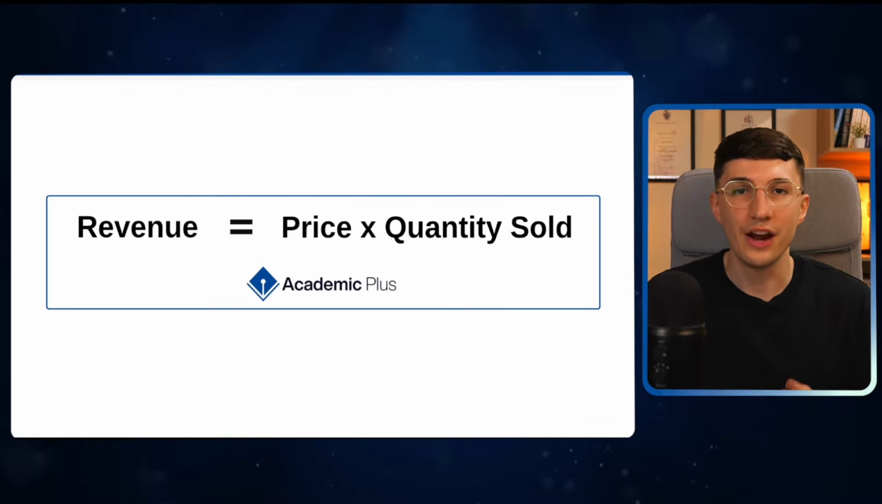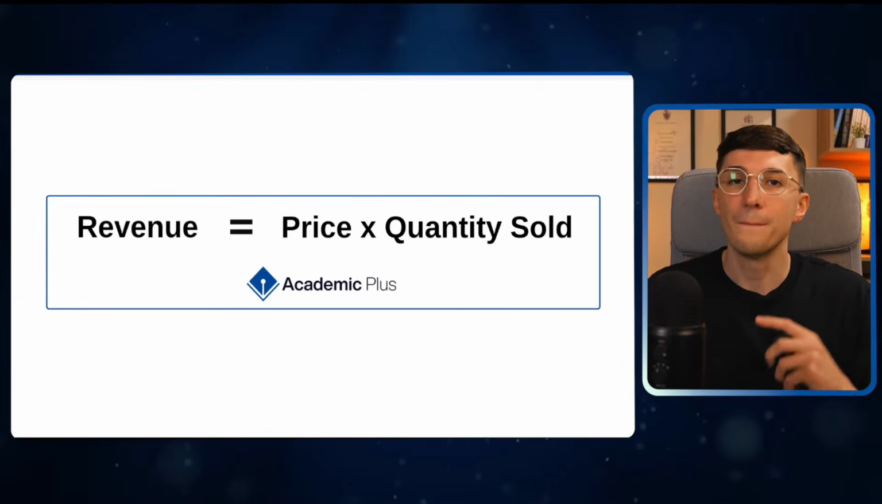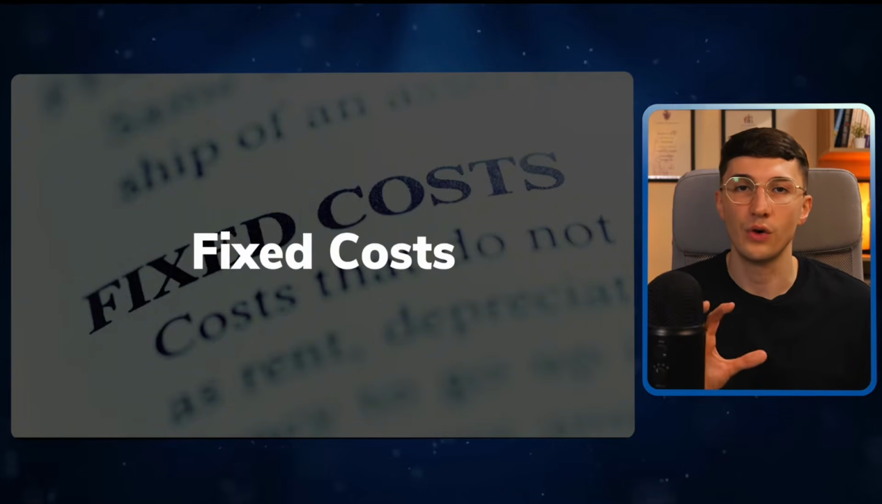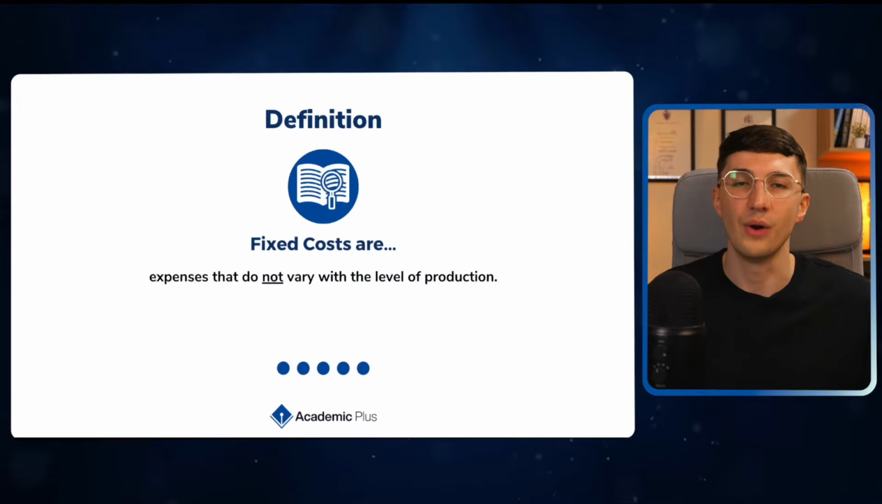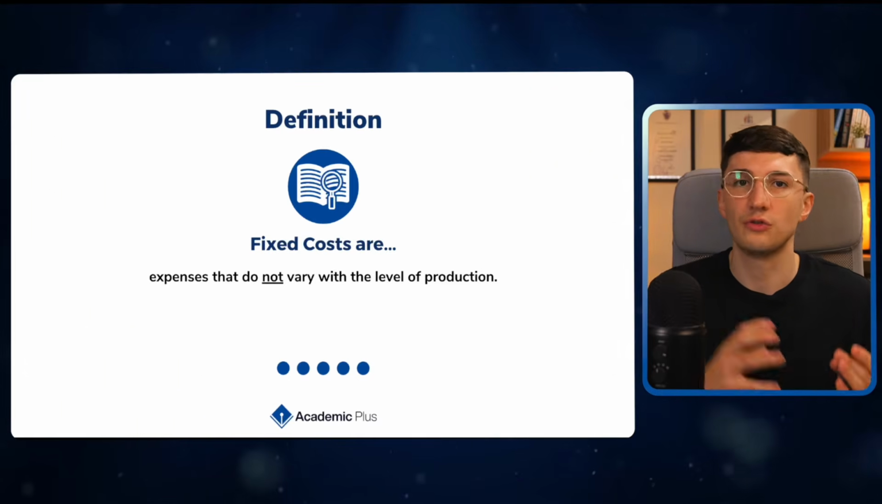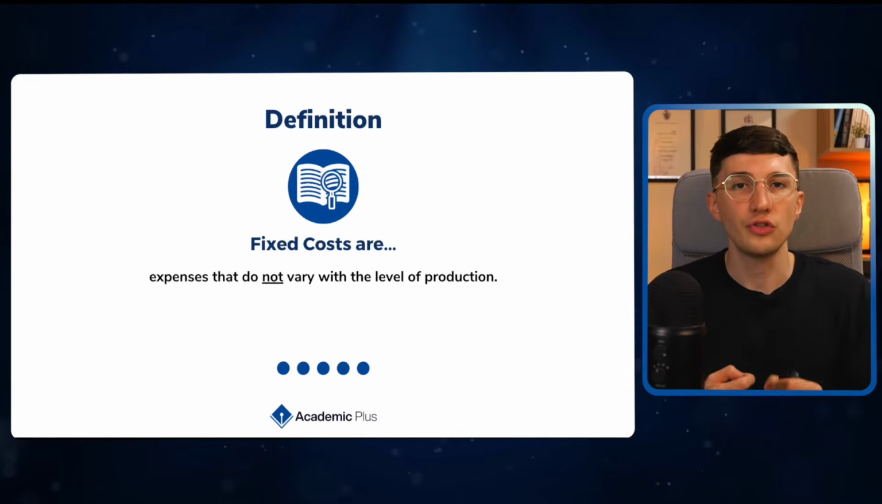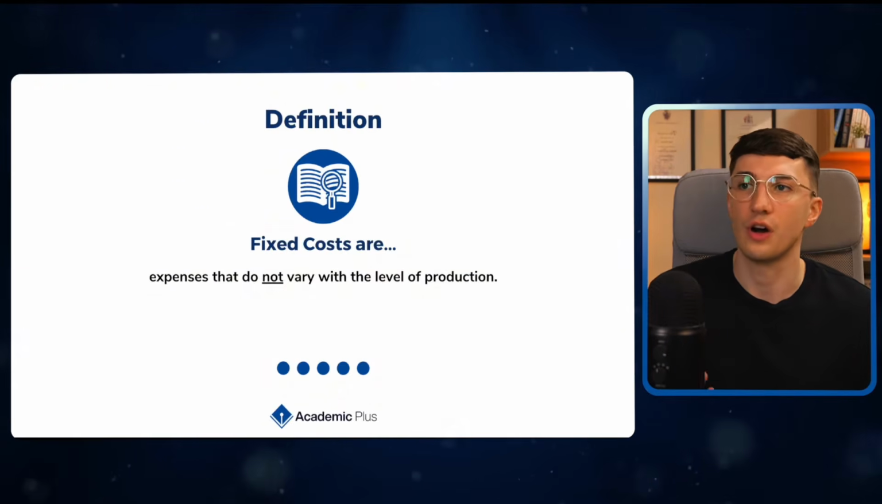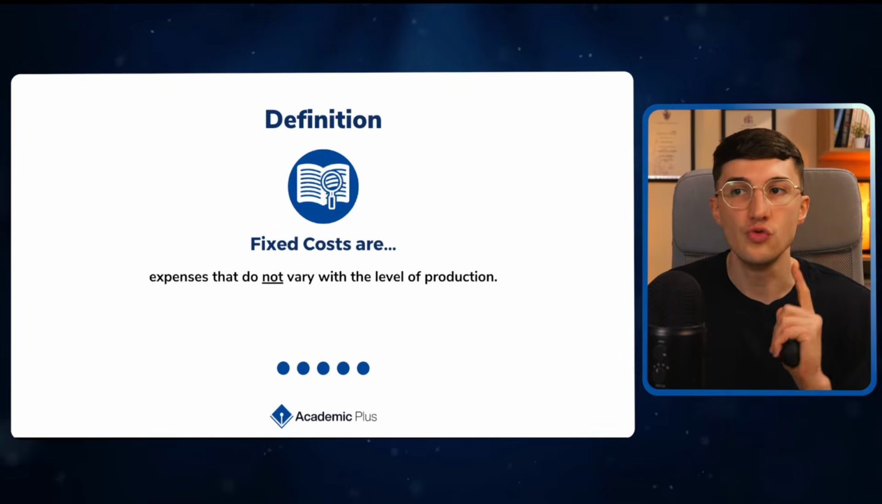Now, of course, it would be great if we just had to look at our revenue, but there are also costs that a business will need to factor in. And the first type of cost that we'll look at will be our fixed costs. Now, students typically get this wrong. They just say fixed costs are costs that do not change. But it's do not change in relation to what? So the correct way of defining what fixed costs are is that they are expenses that do not vary with